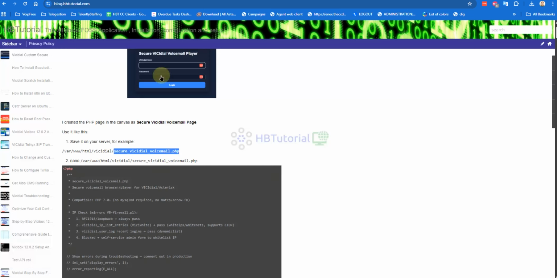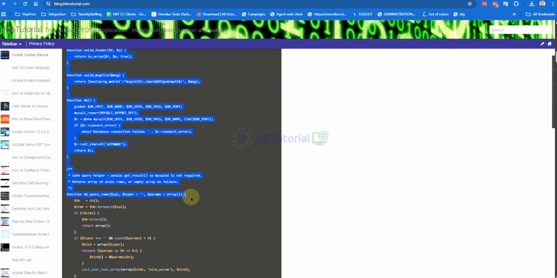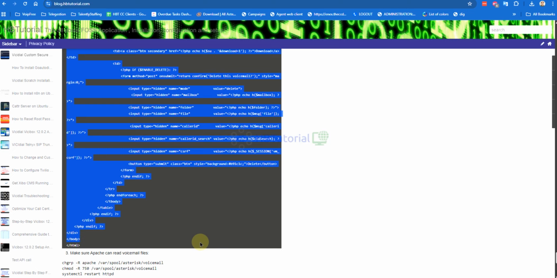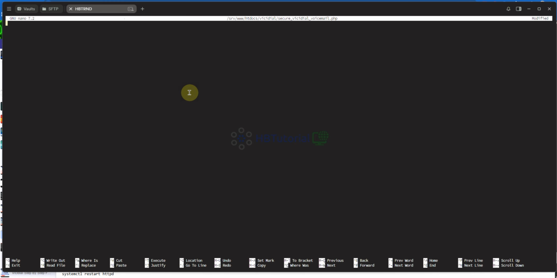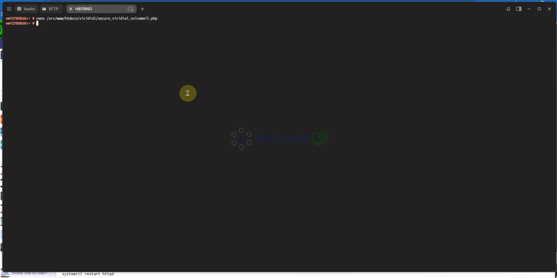My editor is Nano, and then you can copy from here to the bottom. Paste it, save, and then give the file permission.